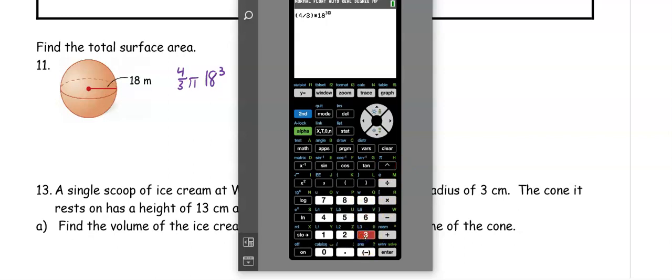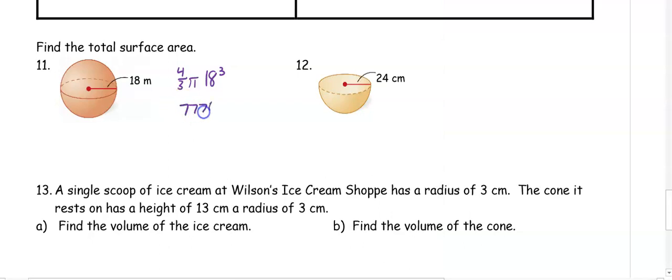Some of your calculators will write it like that as a superscript, and some will just have the caret and then the number next to it. Either way is fine. And you're going to get 7,776 pi meters cubed. For a hemisphere, our volume is going to be 2/3 pi 24 cubed, and that's going to get us